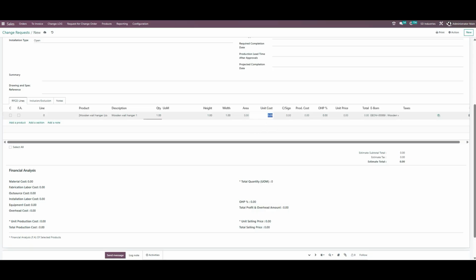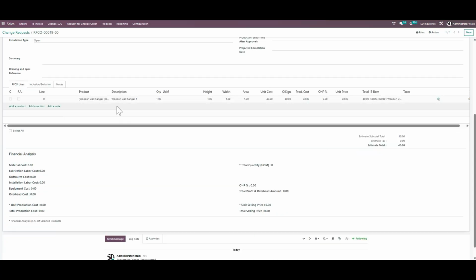Put the quantity, unit cost. Alright, I just saved this. Okay, so over here you can see all the lines that have been generated. This is the same form that we have been using for the estimates. It's the same functionality: when you click on the financial analysis, and then I click on save,